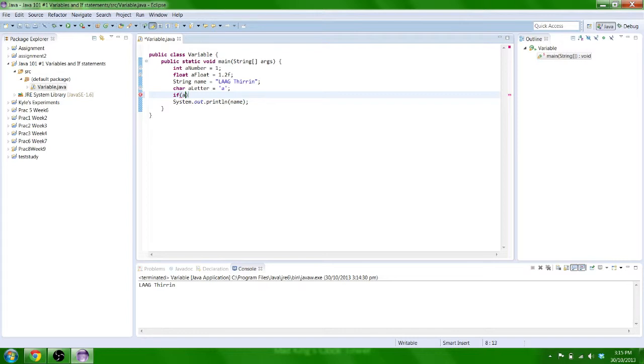So if a number, and this is the equal to command, double equals is the equal to command, exclamation mark equals is the not equals, greater than, less than, greater than or equal to, less than or equal to, and those are the main ones for now. So if a number is equal to 1, I want it to print